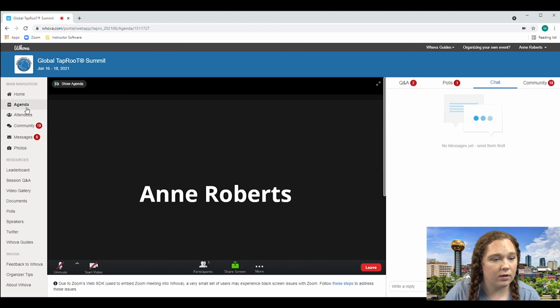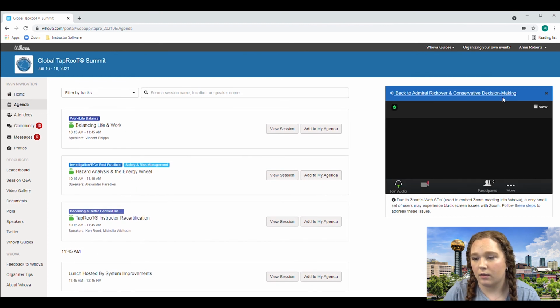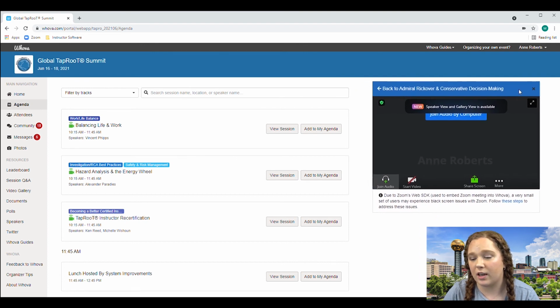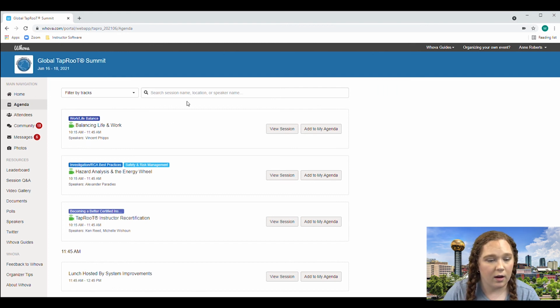Okay, so let's go back to agenda. Let's go into another one. So this is a fun feature. If you didn't leave the session and you click out, this box here follows you around. So let's click out of that box. All right, let's go into TapRooT